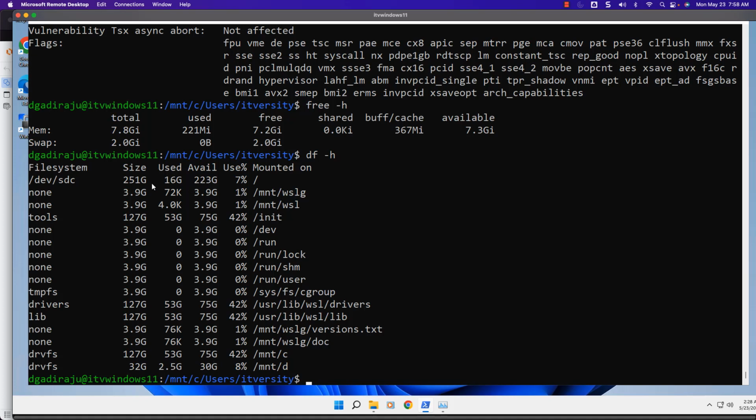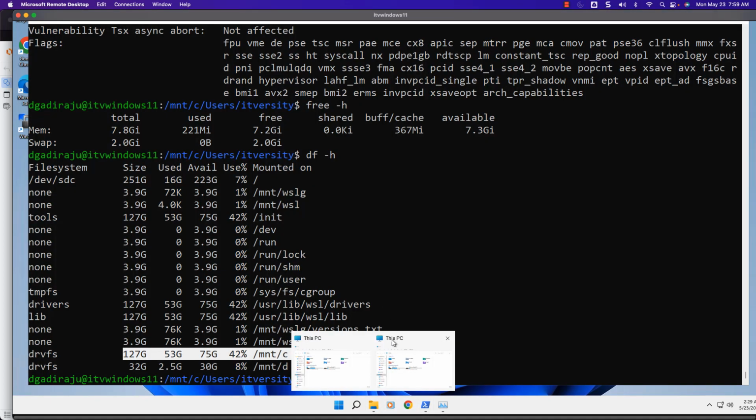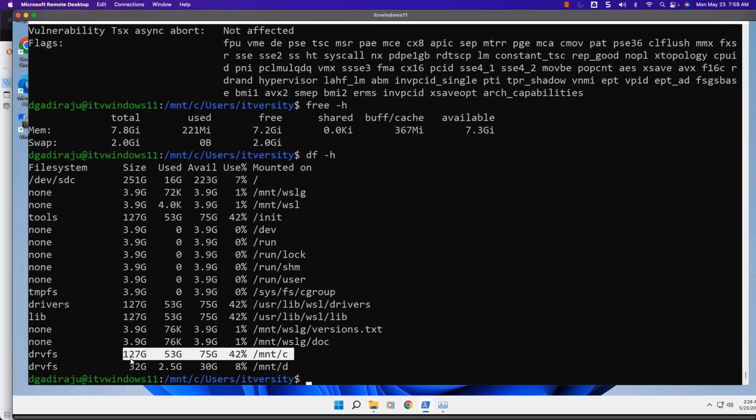I'm not sure from where this 251 GB is coming into the picture. Don't worry too much about it. As I am using Ubuntu on top of Windows using WSL, it might be providing this information as a default. Even if it is not clear, you don't need to worry too much about it. The main mount point is nothing but this one. You should be able to review the storage here. Whatever we have seen as part of Windows, the same storage is visible even here. You can see here. This is how you should be able to get details related to memory, CPU and storage